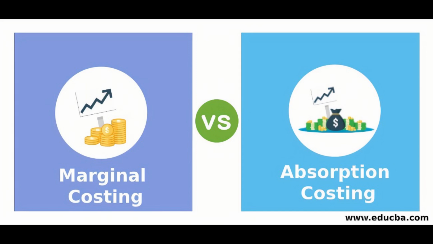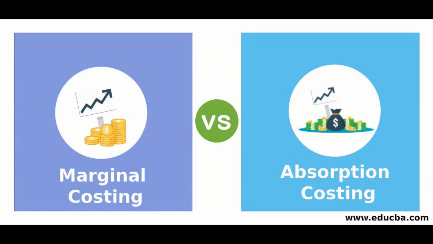If it's based on marginal costing, then you only look at variable costs that have gone into the production of that particular cost object. And if you're looking at absorption costing in job costing, you're looking at all the costs, inclusive of variable costs and fixed costs. So the difference between marginal costing and absorption costing is only an addition of a fixed cost. The absorption costing takes into account the fixed cost component, and the marginal costing does not. So once you know the difference between the two, then you can easily come up with a